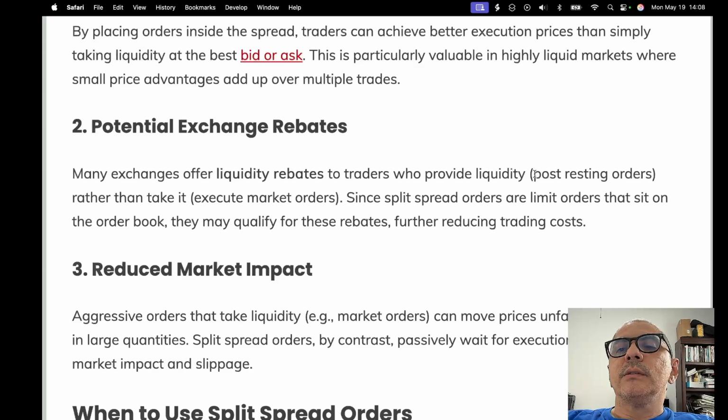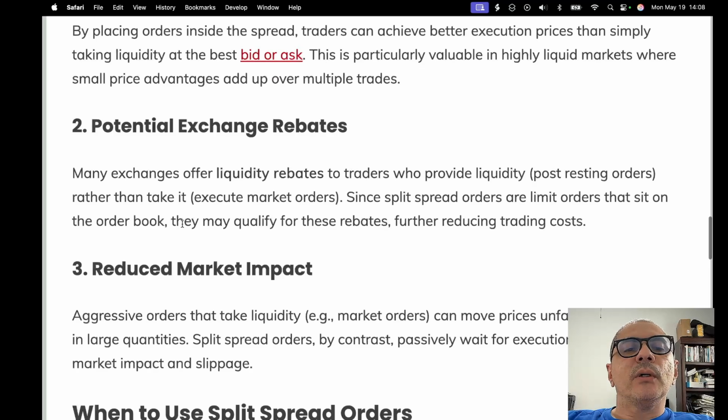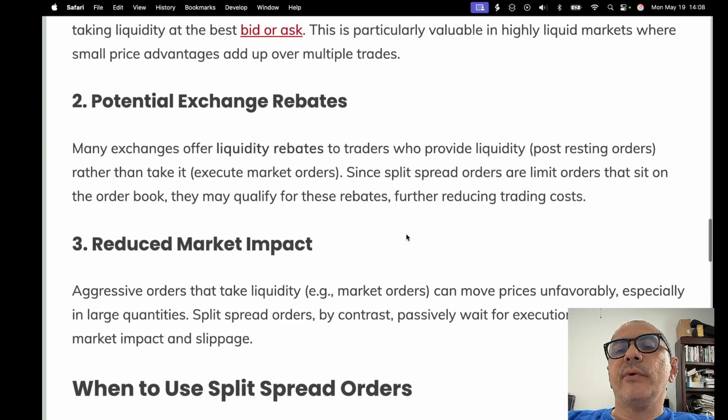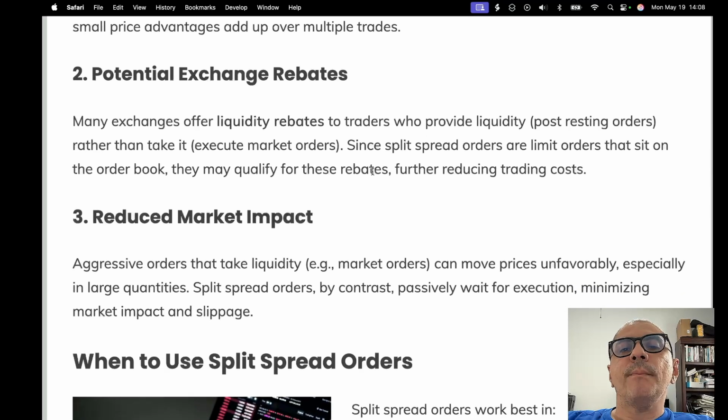In other words, they post resting orders instead of taking liquidity, which is to execute market orders. Since split spread orders are limit orders that sit on the order book, they may qualify for these rebates, further reducing trading costs. Okay, so yeah, that's the reality, that this only happens when you have a certain volume